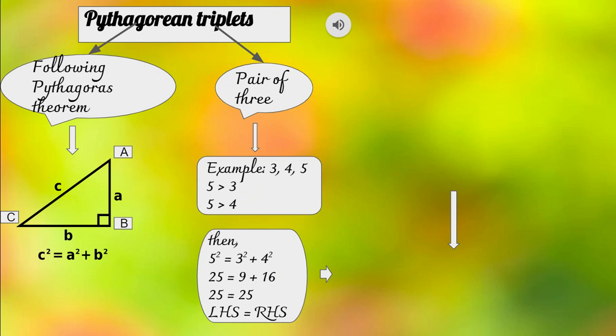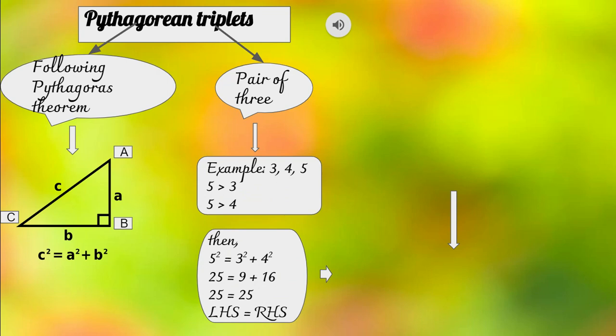the sum of the squares of the perpendicular and the base. So, do you find any resemblance between the Pythagoras theorem and this triplet concept? Means any similarity is there? Yes, because we are talking about almost the same thing. When we say 3 square plus 4 square is equal to 5 square, it is almost like your hypotenuse is 5, and your perpendicular and base are 3 and 4 respectively, isn't it? So that's the link between the Pythagoras theorem and Pythagorean triplets.